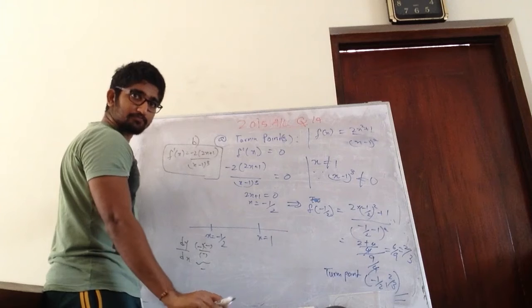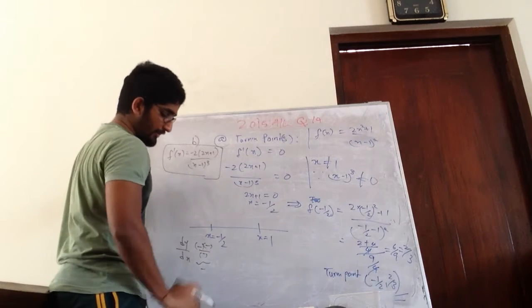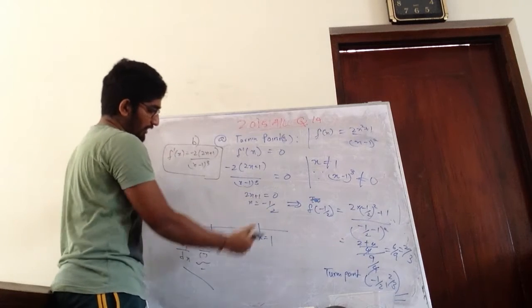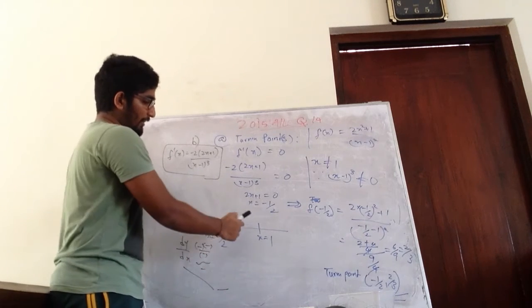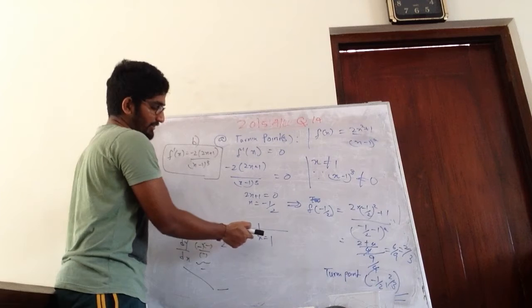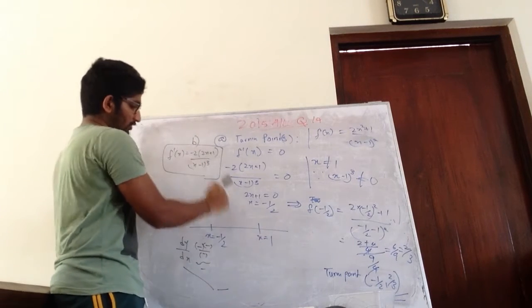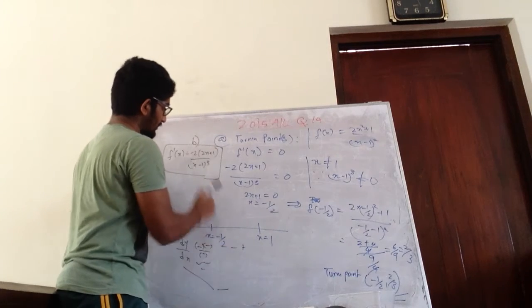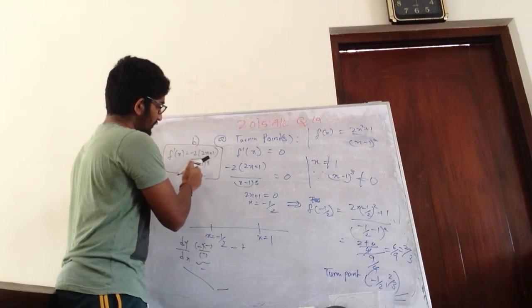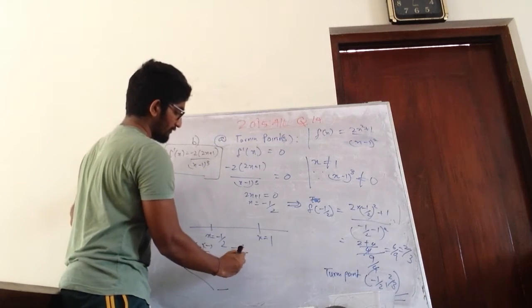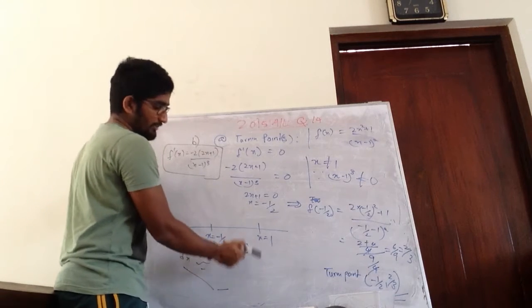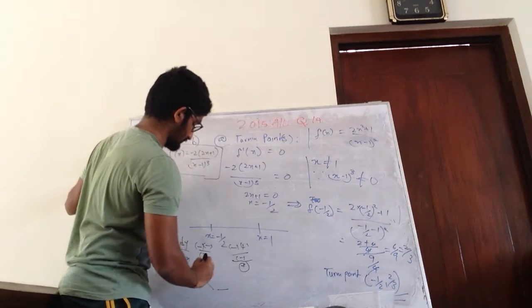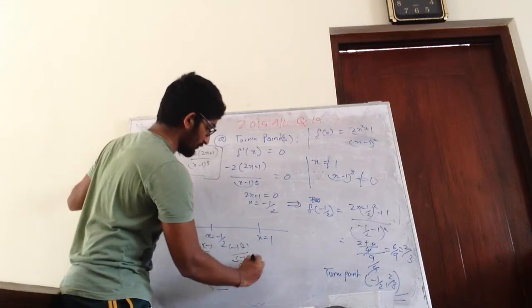Correct, no? Right? Then that means this graph will go like this, and x equals minus half is going to be 0. Put something like 0 here between minus half and 0. If you put 0, this minus is anyway there. This is going to be positive. This is going to be negative. So negative into negative is going to be positive. So this becomes positive. That means it's going to go up.